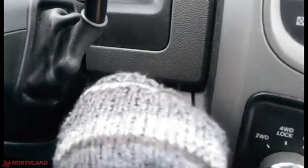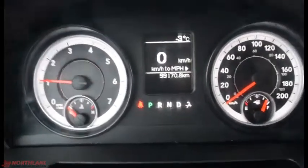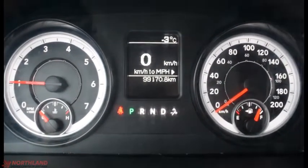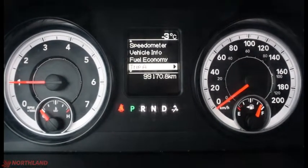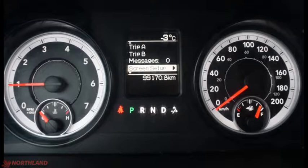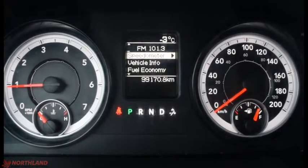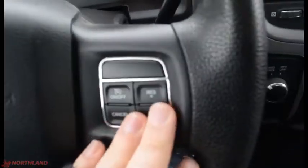Let's start her up. Key in the ignition, and we're good to go. Now right in the center here, we do have our speedometer and our odometer, as well as our fuel gauge and our engine temperature. We also have how many kilometers we have as well. We can switch that around to our vehicle info, fuel economy, trip A and B. You got your messages, screen setup, your settings, and you can turn the menu off if it was bright or distracting to you. That is controlled from right here with your horn in the center and cruise control options right